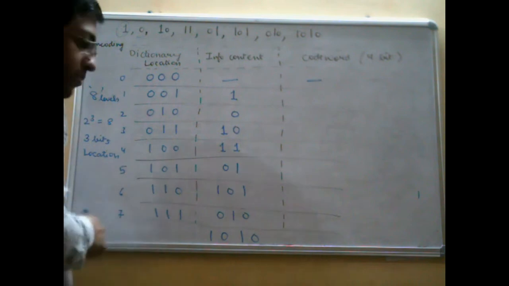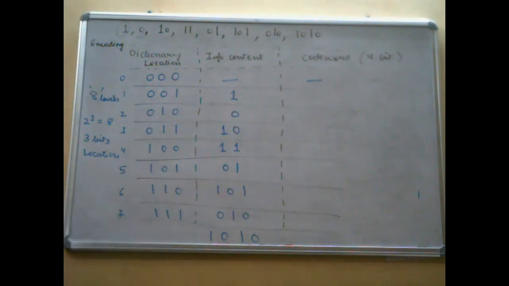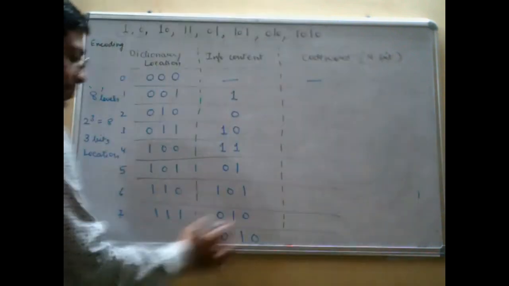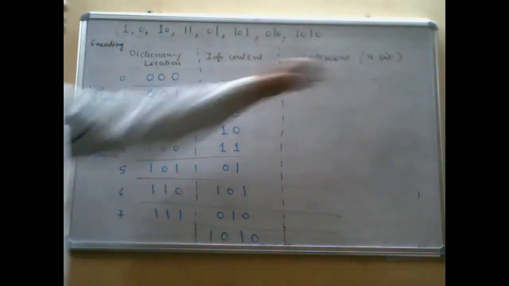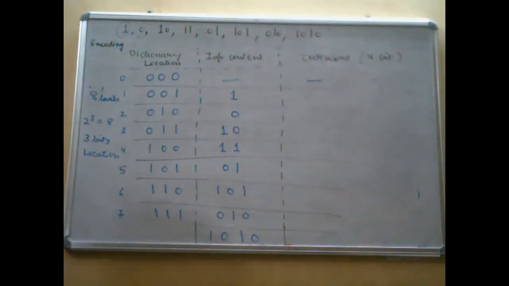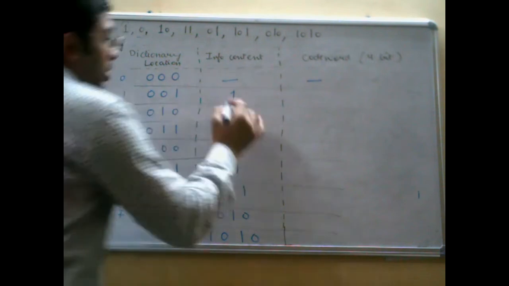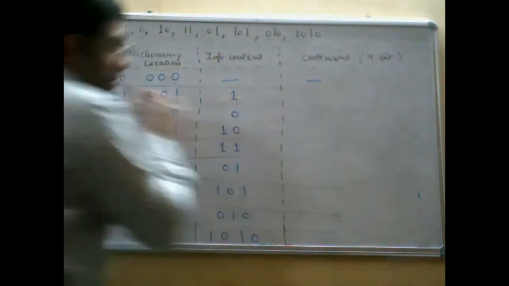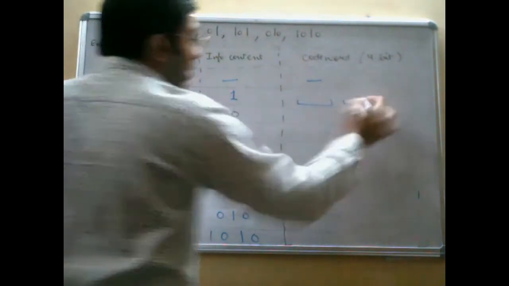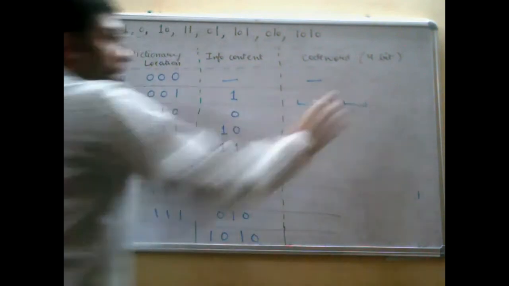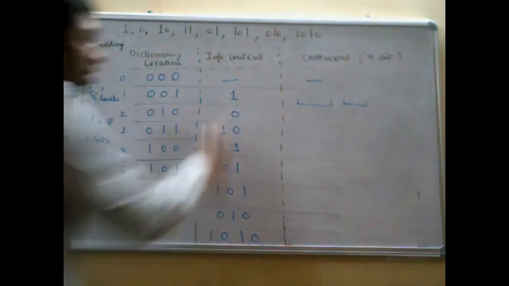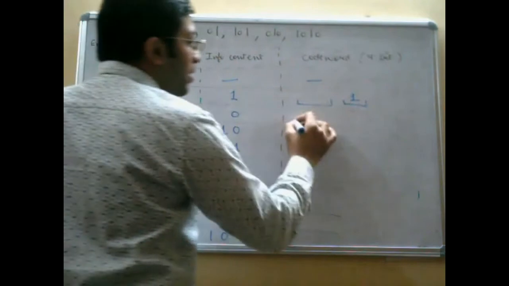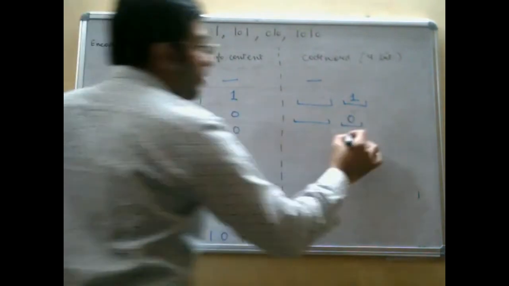Got it up till this? Now, this part is very easy up till this. Now, the main part is the code word. How to write the code word? Just see. Code word is written in this manner. Because I have to use a 4-bit code word, as mentioned in the question, there will be 4 places. Now, the first 3 places and the last place. The last place is known as the least significant bit, the LSB. Whatever the last bit is over here will go over here only. This is 1, this will be 0, this will be 0.